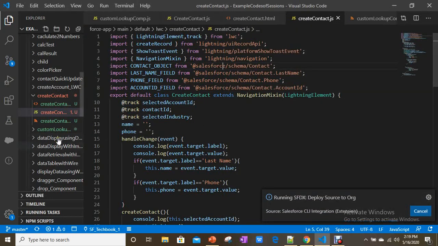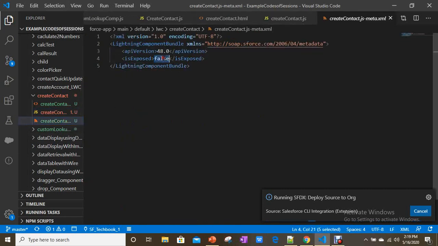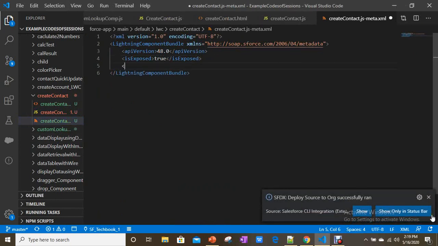So let's make this component available for the Lightning tab. First of all, I exposed it as true, targets. Target is lightning tab.